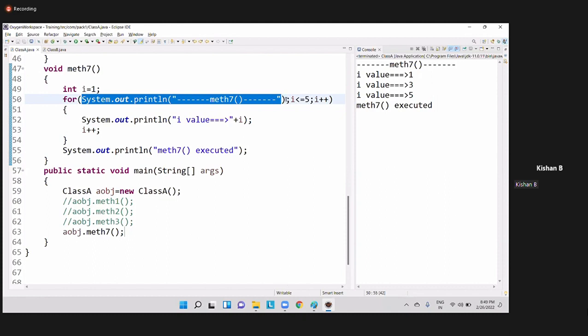Now, not only at the initialization statement, guys, at the time of increment and decrement operator also, we can write any valid Java statement. Guys, can you please tell me how many times the increment or decrement statement should be executed? How many times will it be getting executed? Until the condition is